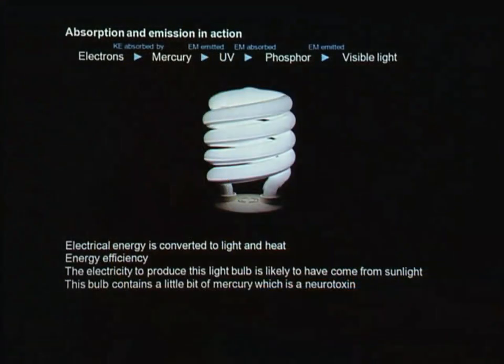And that visible light is not exactly like an incandescent bulb. It makes people a funny color because the wavelengths in there aren't exactly the same. So that's kind of an engineering challenge: how do you make a combination of gases inside that's going to be a more pleasant color? It was one of the major complaints against compact fluorescents.